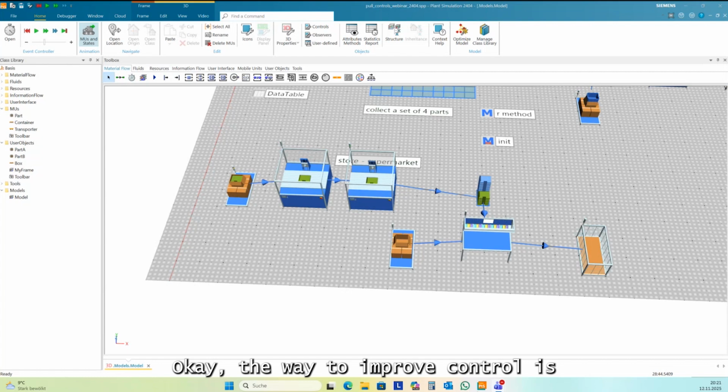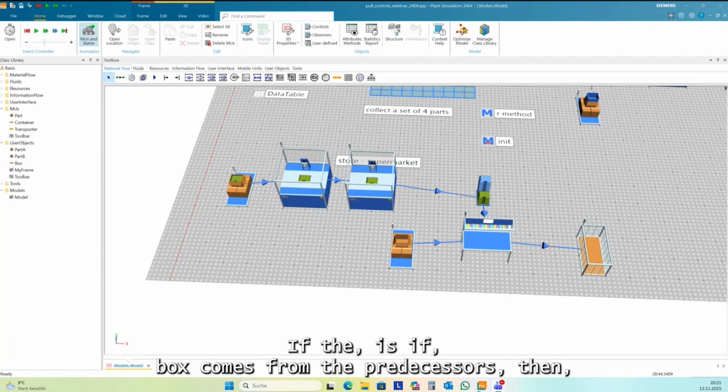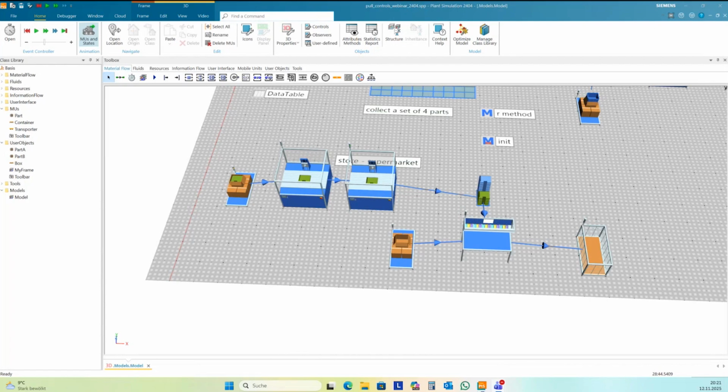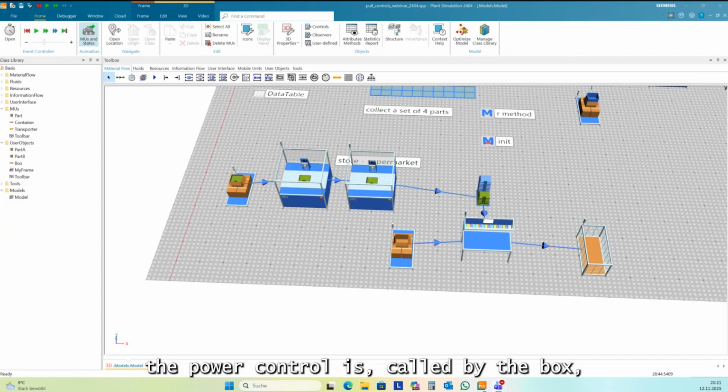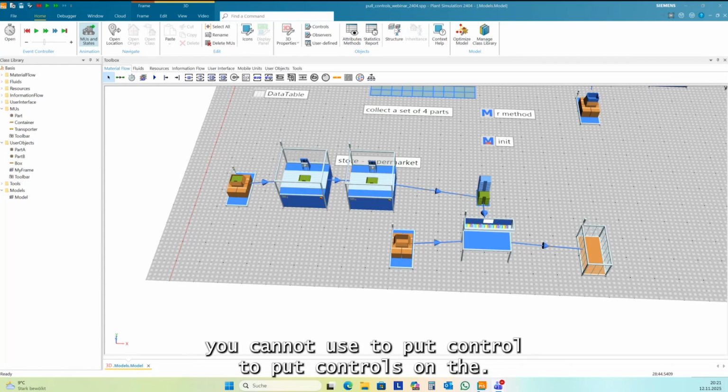Okay, the original pull control is called by the MUs from the predecessor. If a box comes from the predecessors, then the pull control is called by the box, not from the parts inside the box. To move the parts out of the box, you cannot use the pull control.